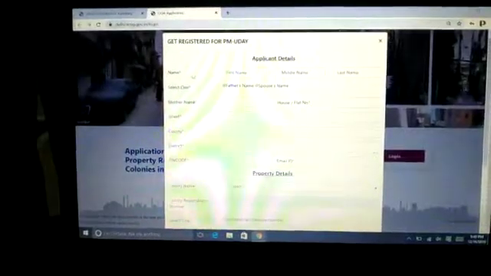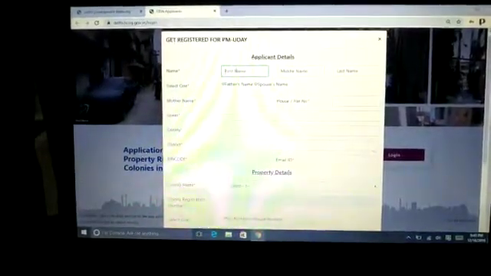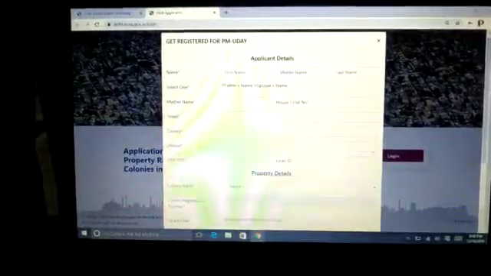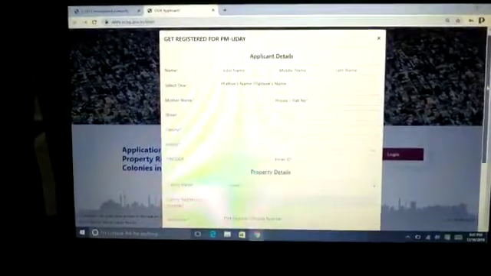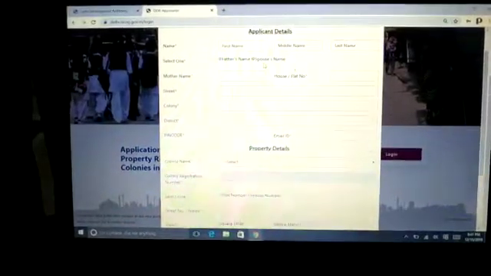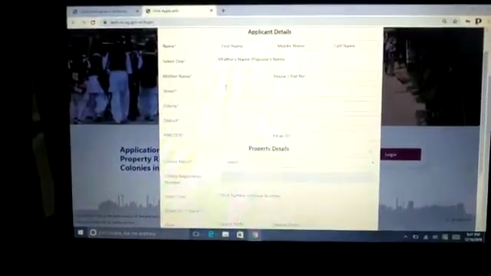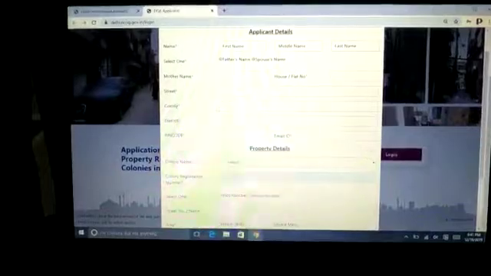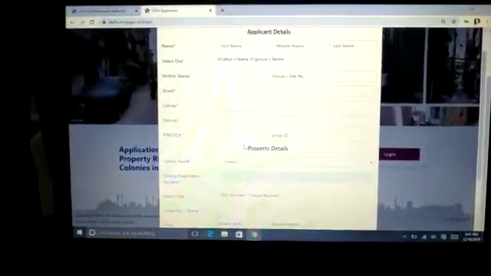So this is the name, first name. What is the name of your documents according to your deeds? You have to fill it out. Middle name if there is one, and last name. Select father or spouse name, mother name, house or flat, street, colony, district, pin code, and